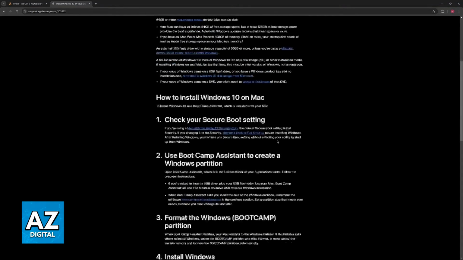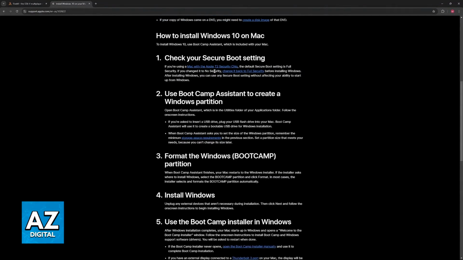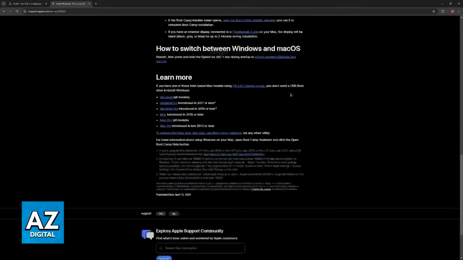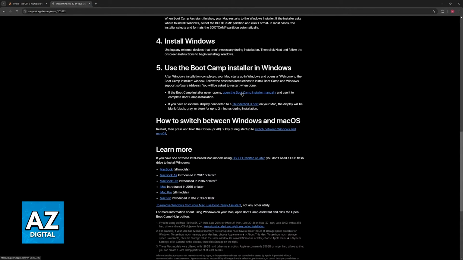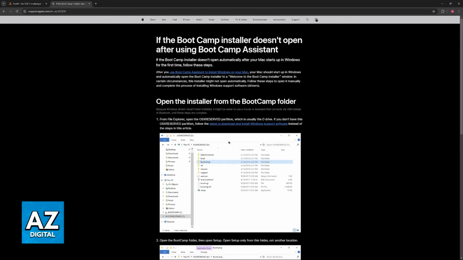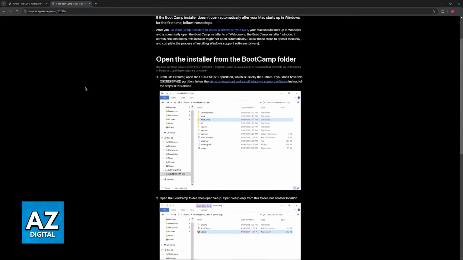In here, they are going to go over the process, but essentially, you just have to download the tool available here and then create an ISO image for Windows, and then use the Boot Camp installer that you can find here. So once you get the Boot Camp installer and you use it to install Windows on your Mac,